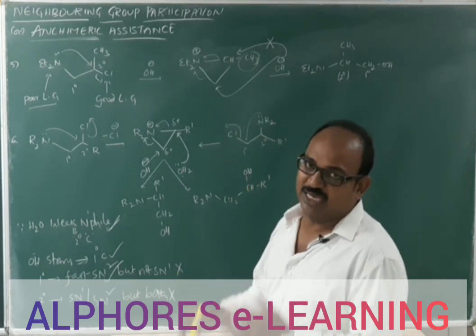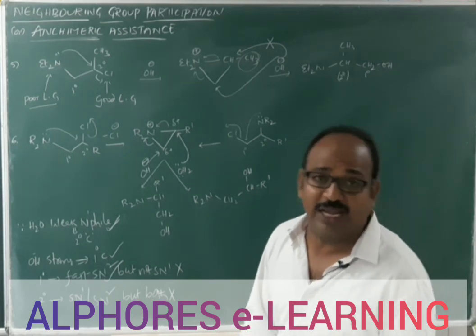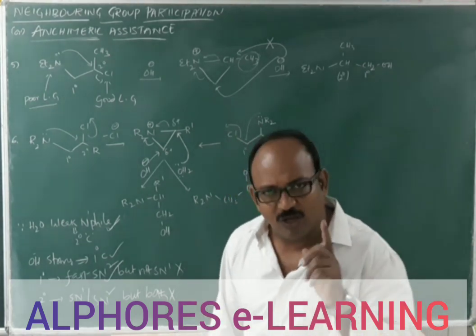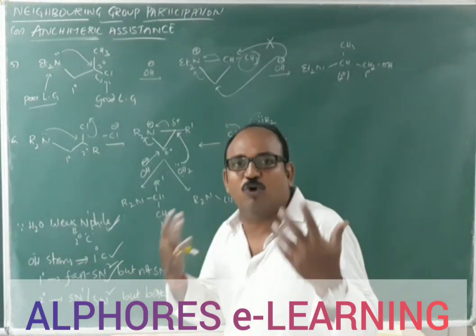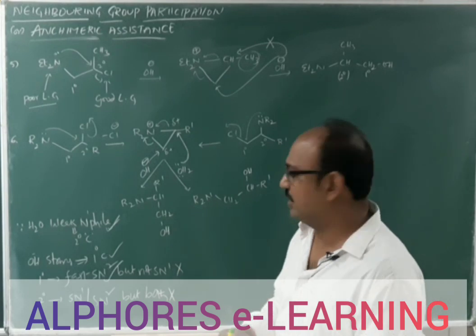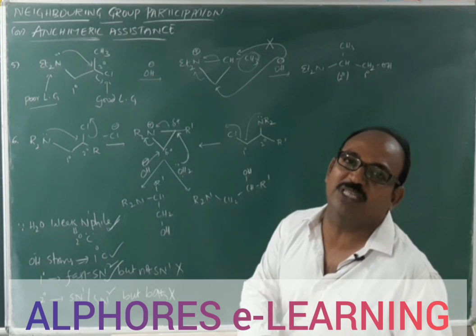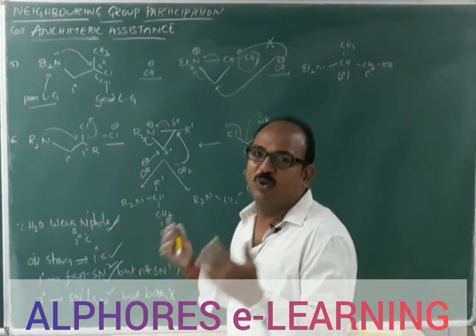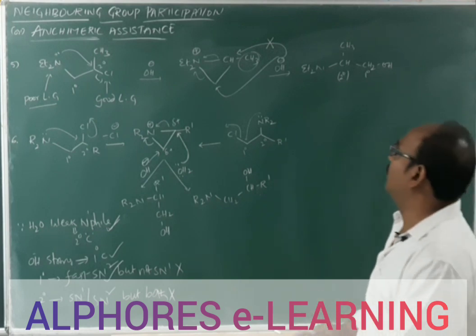If the carbon is secondary, both SN1 and SN2 are possible, but neither mechanism gives a good product. When it has both possibilities, the product formation will be divided. A certain amount goes to SN1 and a certain amount goes to SN2. We are not supposed to get any major product either in SN1 or SN2.